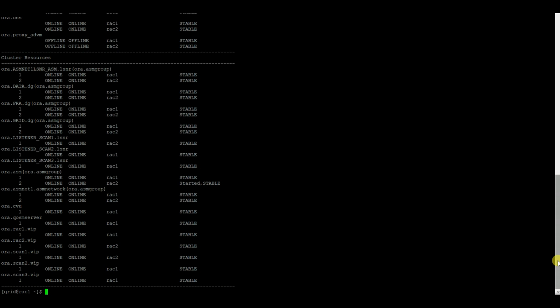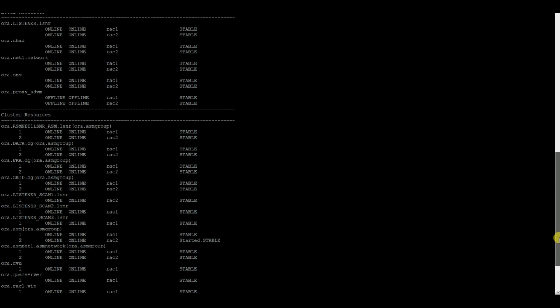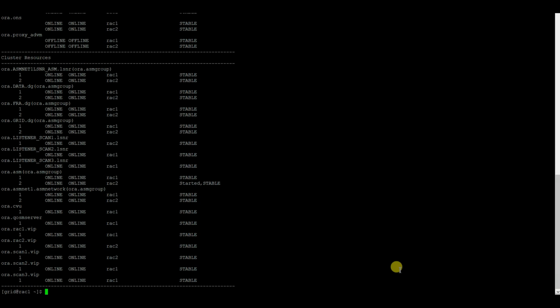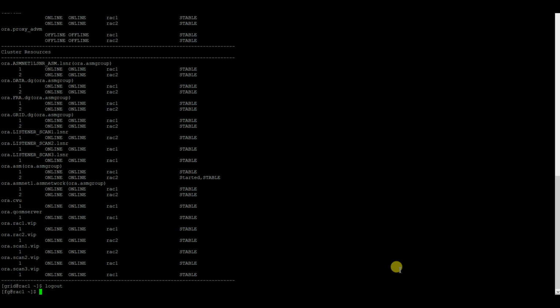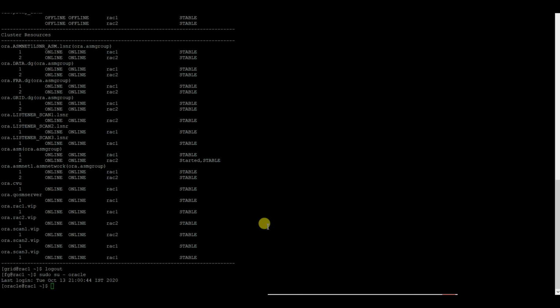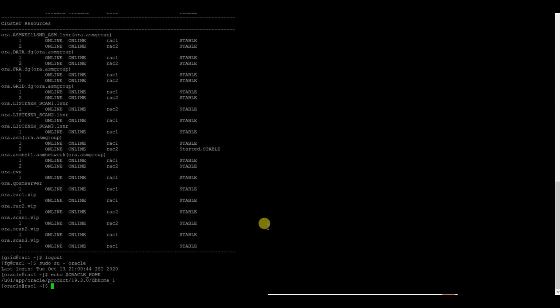So next step, what we need to do is we need to create a database. For creating a database, let us log into Oracle user, and then let us go ahead with silent installation. You can see from here that I have just logged into Oracle and my Oracle home is already set.